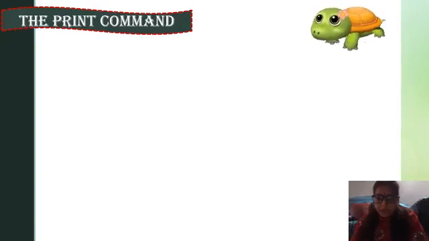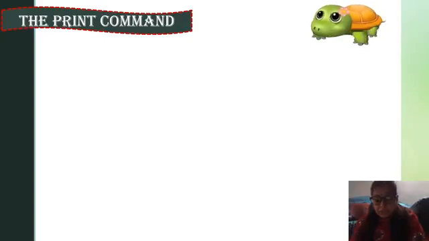What is the difference between the print command and shapes? With shapes, you can draw shapes, and print means printing letters, numbers, a word or a sentence on the screen. So let's start with the print command.